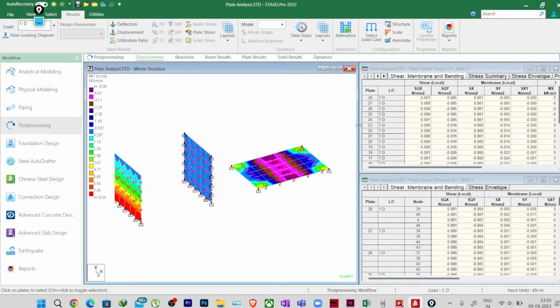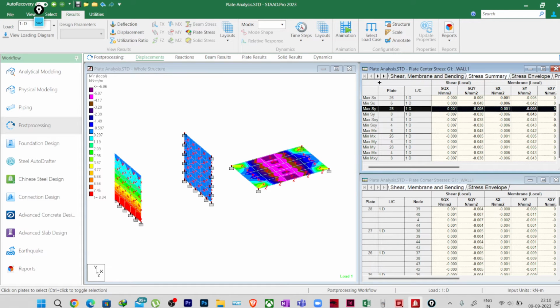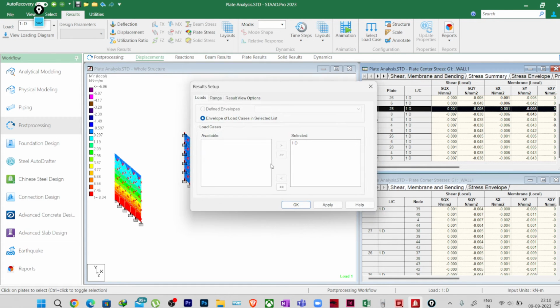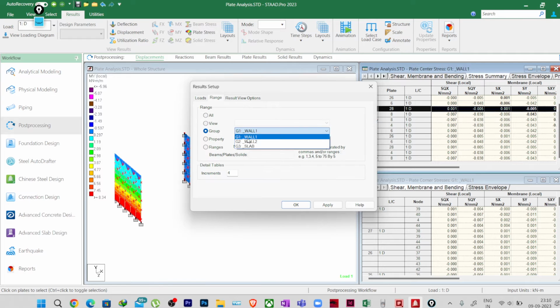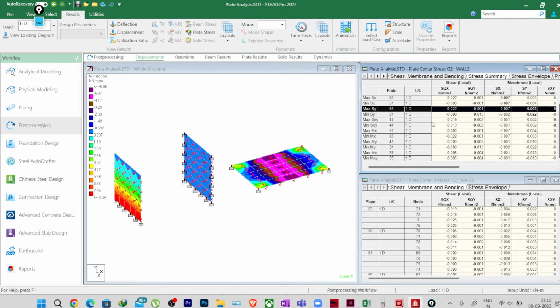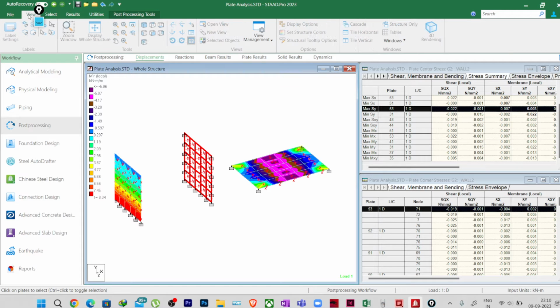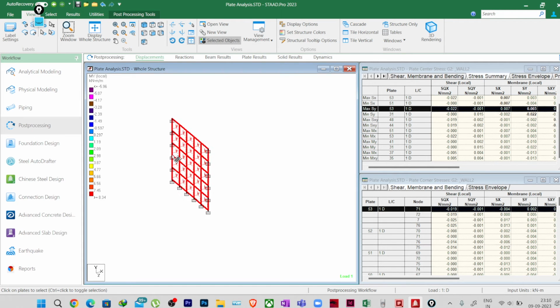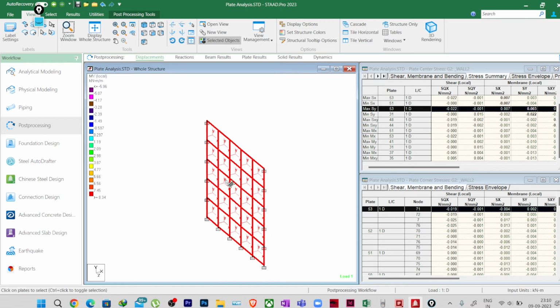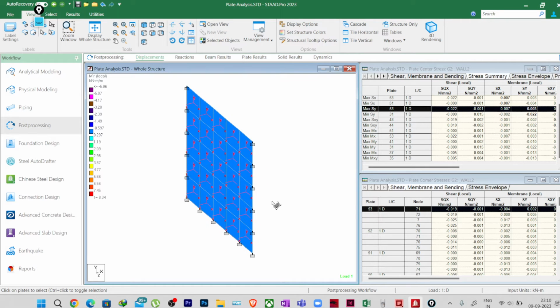and what I will do, this diagram is not important, these values from the stress summary are the main important thing which you will be using for design actually. The result I will take wall 2. Okay, so the results are for this wall. I will select only this wall, view, selected objects only. Okay, so now here in this case